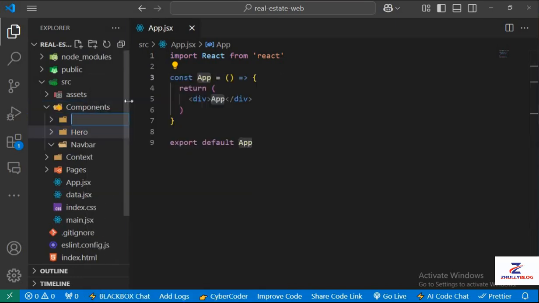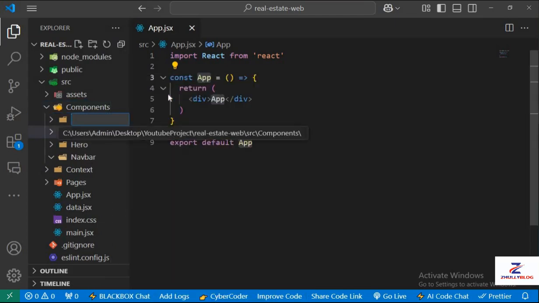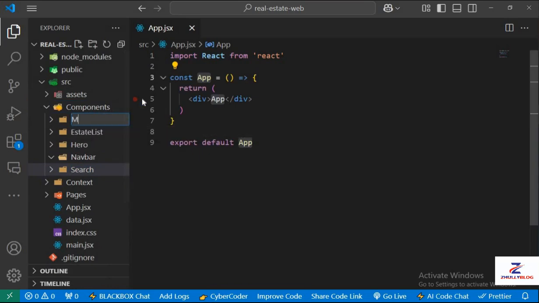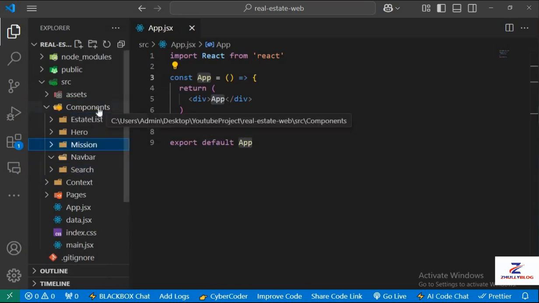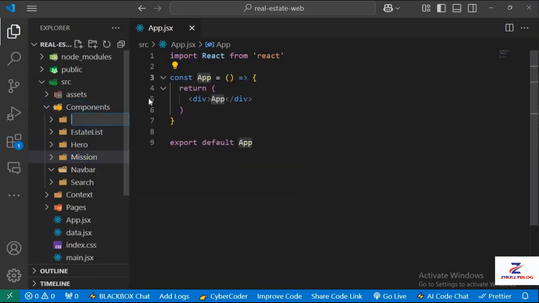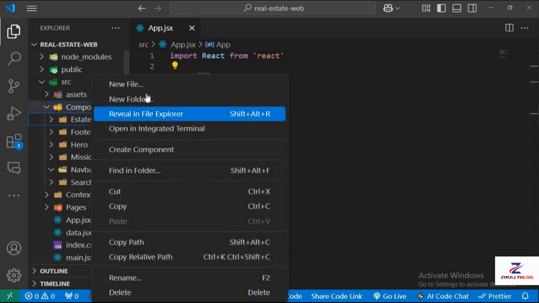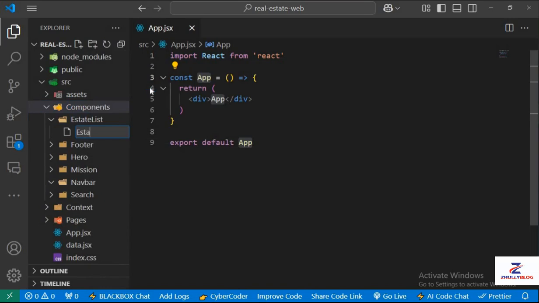Then we're going to have the property lists, or better still, estate lists. And also we're going to have the search filtering functionality. And then we're going to have the mission folder. Next, we're going to create our footer components. For each of the folders in the component section, I'm going to create a JSX and CSS file for each of them. So here, I'm going to create estate